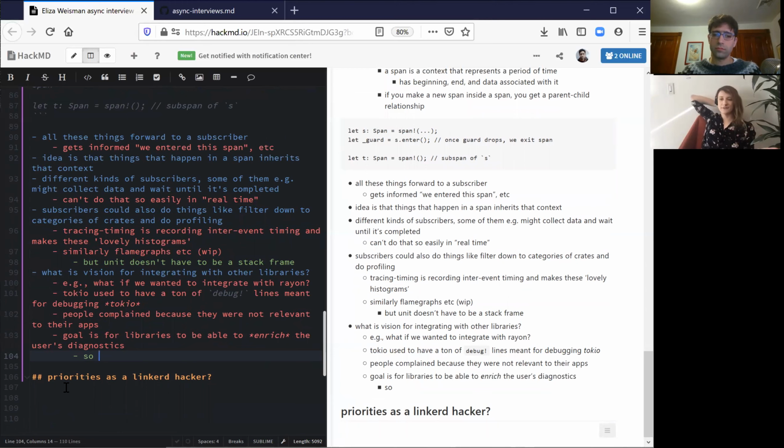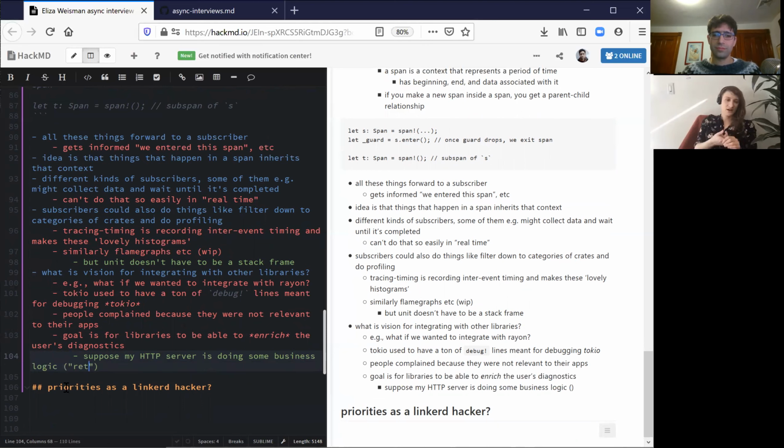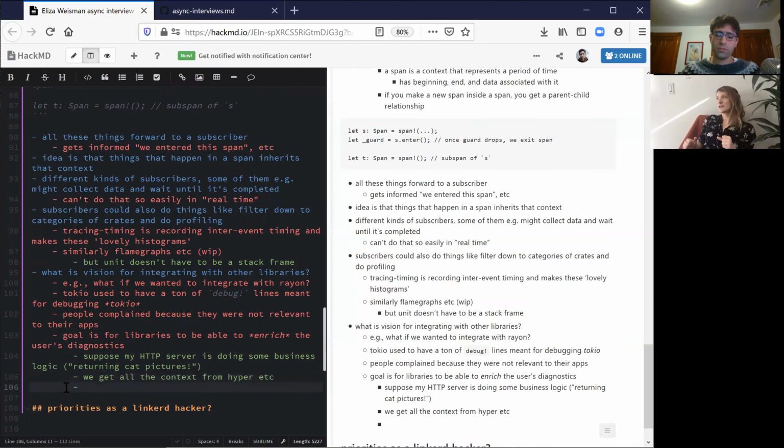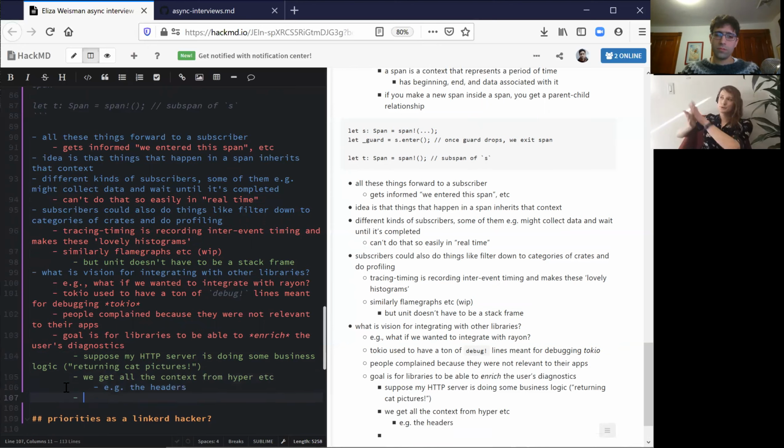Like, I have the cats service and I'm returning a cat picture, and I would say "returning cat picture." And when I record that returning cat picture event, I could turn on all of these switches that would then say, all I would have to say is "returning cat picture," but then it would say, in this Hyper server that is handling this request from this IP address with these headers, and so on and so forth, and it's HTTP2, and it has these Hyper things, and then it would say